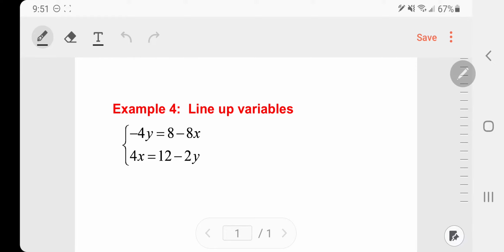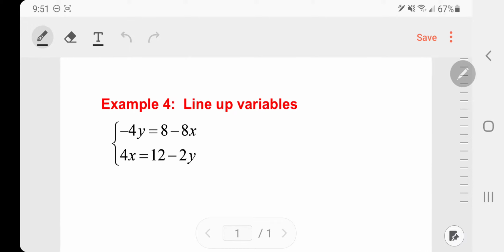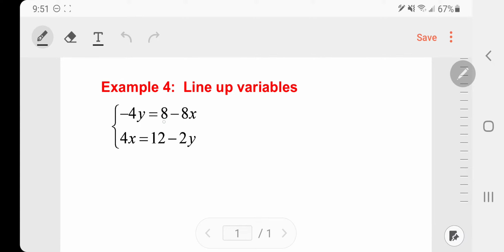Hey everyone, in this video we're going to take a look at solving a system of equations using the elimination method where our variables are not going to be lined up to start the problem here. So as you can see here, we have 4y minus 8 equals 8x, and we have 4x equals 12 minus 2y. Neither of those are in a form that we're able to eliminate anything,